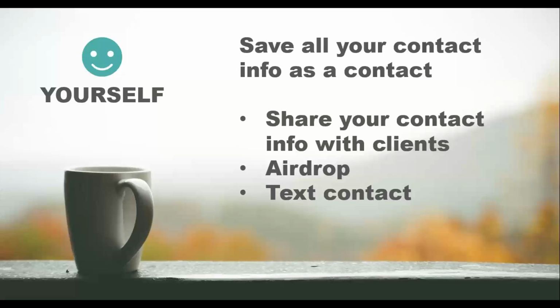Yeah, one nice thing is if you do the text, you get their phone number then. So you get their cell phone number. Absolutely. So, hey, let me text you my information, or any way you want to do it. Just make sure you're getting into your client's phone, so when you call, it's not a mystery number and they're letting it go to voicemail because they don't know who it is. Mm-hmm. And then you're just gone in that black hole